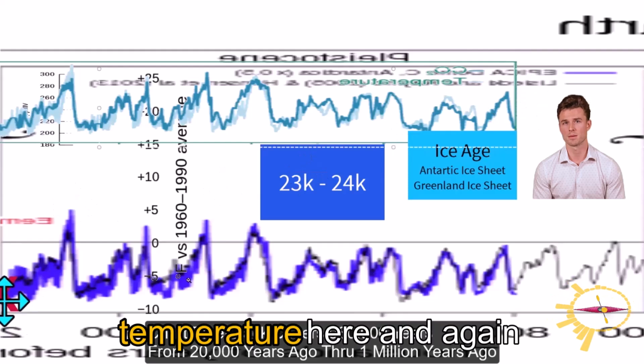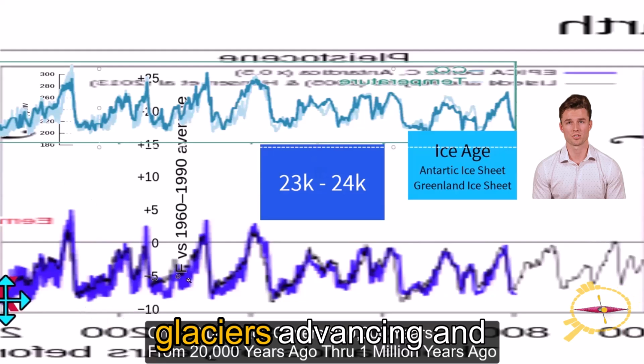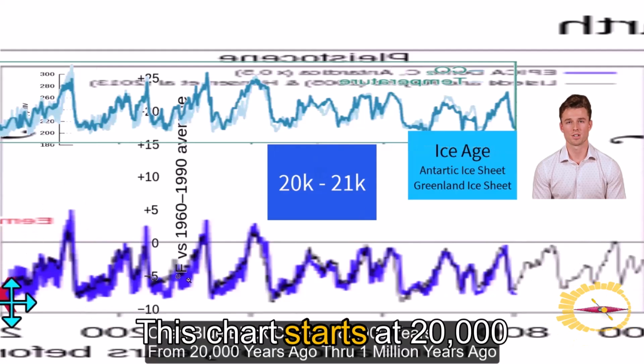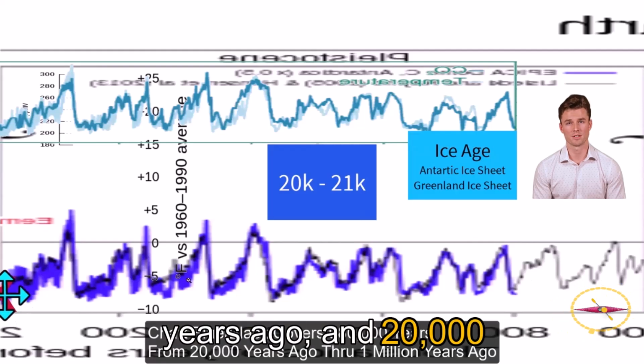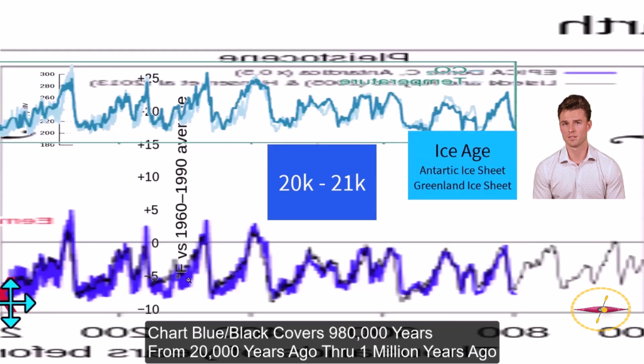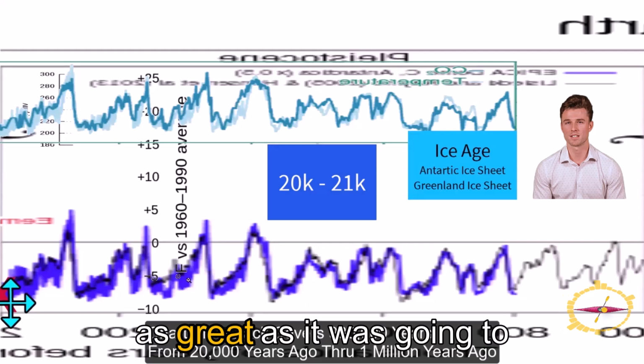I'll point out that the temperature here and again here, the 0 line goes up and down depending upon glaciers advancing and retreating in the northern hemisphere. This chart starts at 20,000 years ago, and 20,000 years ago was when the most recent glacial maximum occurred. Glacial maximum is when the glacial advance in the northern hemisphere was as great as it was going to get